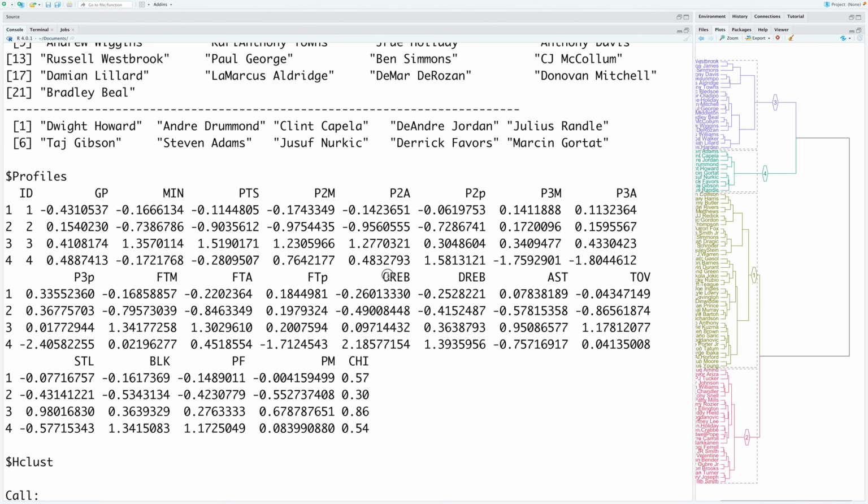If you look at offensive rebounds, then players in group 4 have much higher values. Similarly, for defensive rebounds also, players in group 4 have much higher values. For blocks, also you have players in group 4. So basically players in group 4 are mostly defensive players.